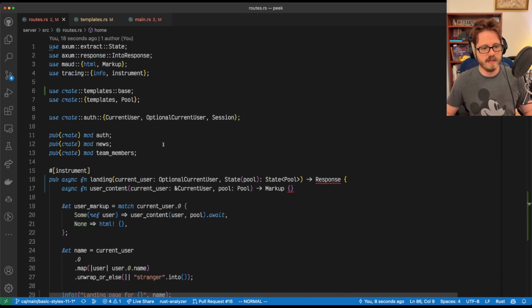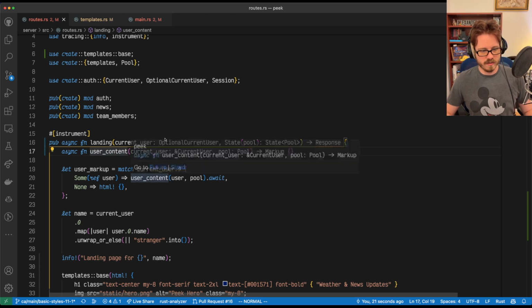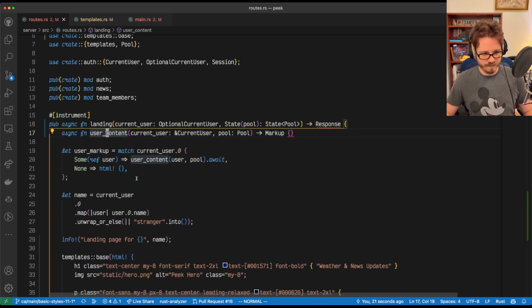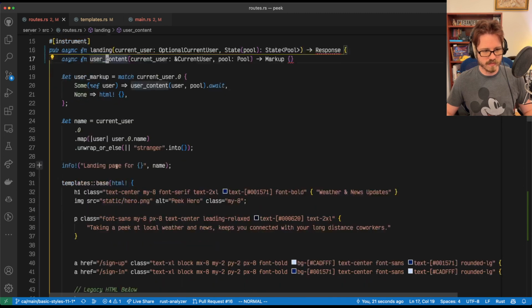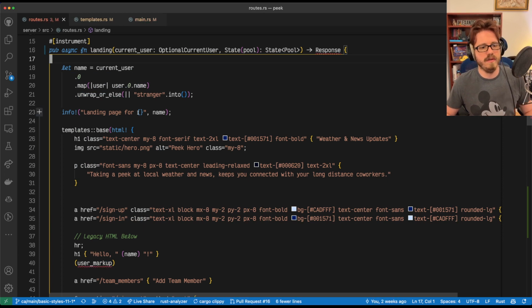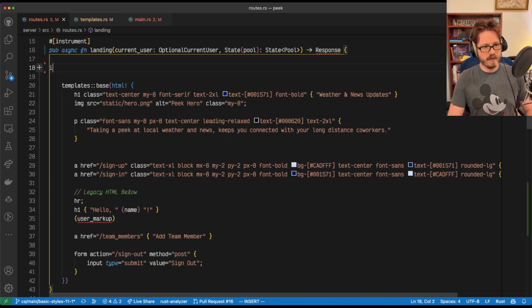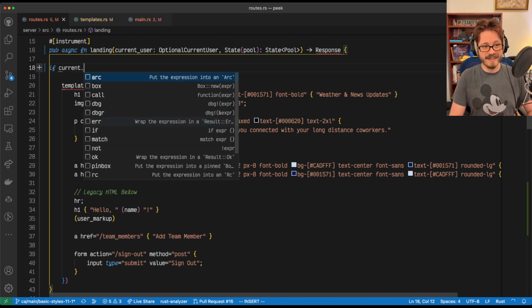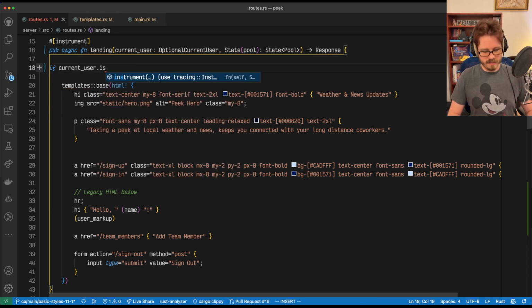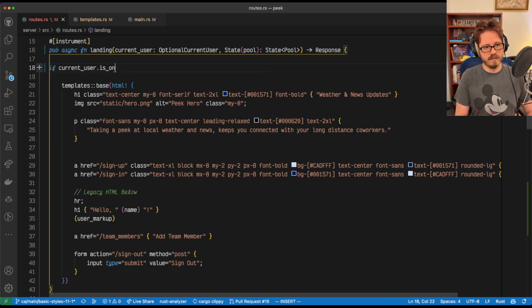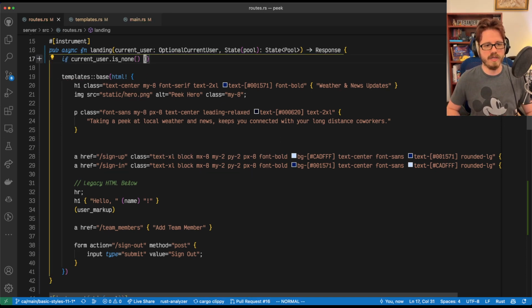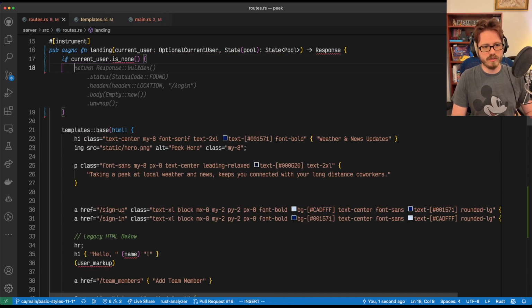That makes more sense. And then I do want the optional current user because the landing page for user markup we don't want. And we don't ever want... Okay, so here we go. We want to do if current user dot is none is actually what we're gonna do. Is none. Man, having trouble typing today. Okay, there we go. Then we want to return